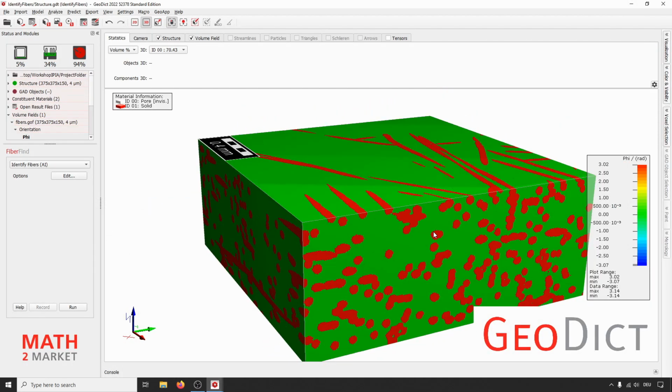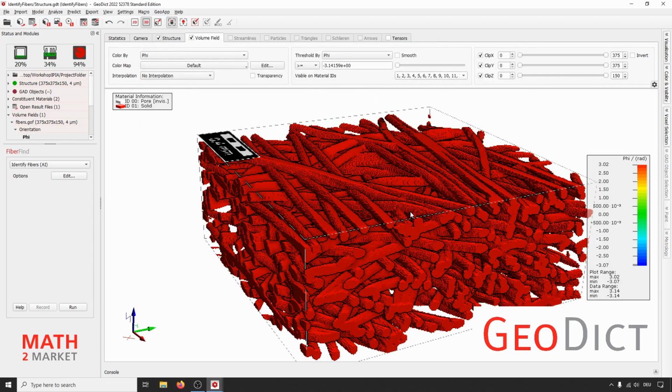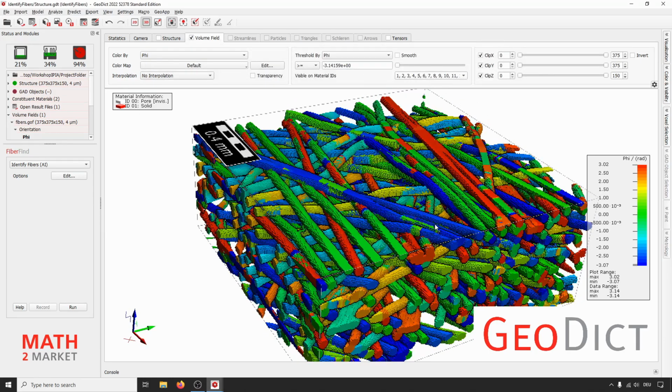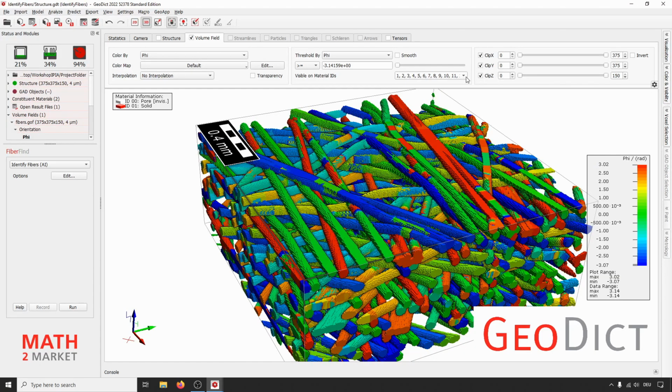So there we're back in the viewport here, and again we can disable the visibility in the pore space for the volume field and disable the structure, and then you see again an orientation file, but this file looks a lot smoother than the one before.